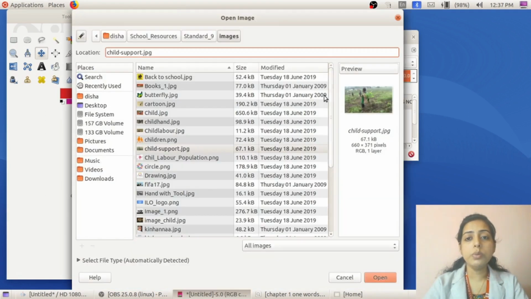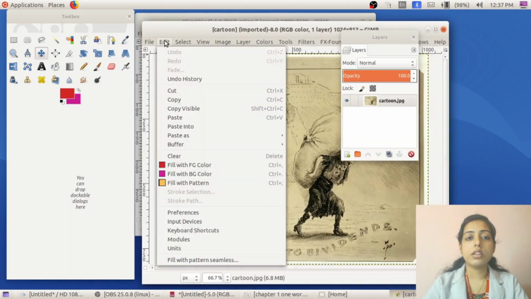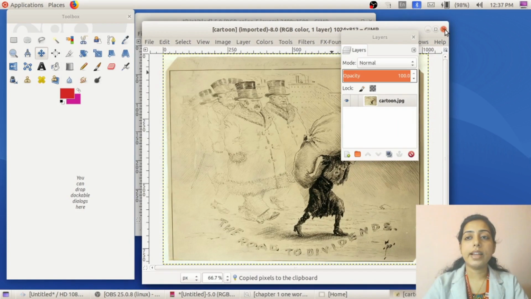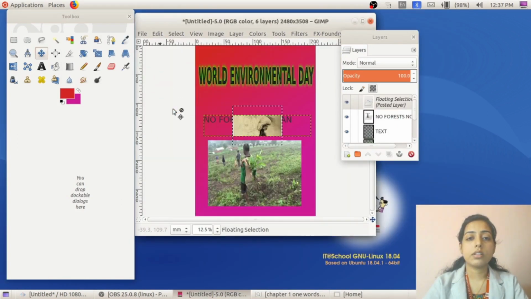So edit, copy, then edit, paste. See, we can't paste this image over the canvas. The image is visible only inside this selection. When I'm trying to paste it over here, you can't see that image. Once you move your image over the selection, the image is visible.